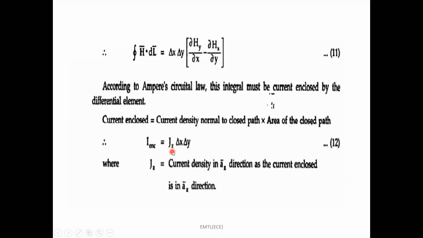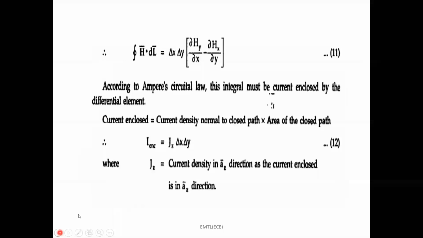Here z means the current density along the z direction, and the area is length into breadth. For the closed path, the length is delta x and the breadth is delta y. So in place of I, we can also write J z delta x delta y. Now, equating both of these according to Ampere's circuit law,